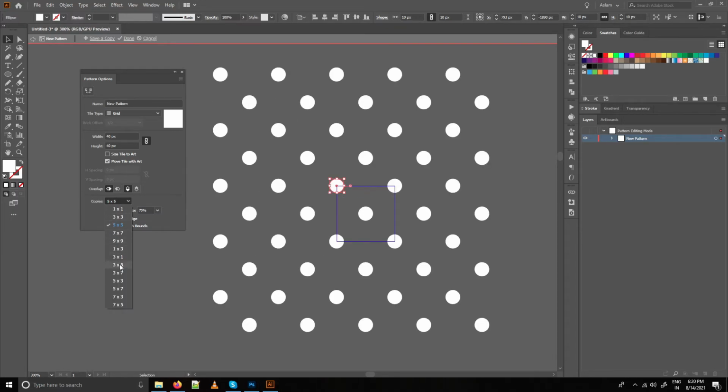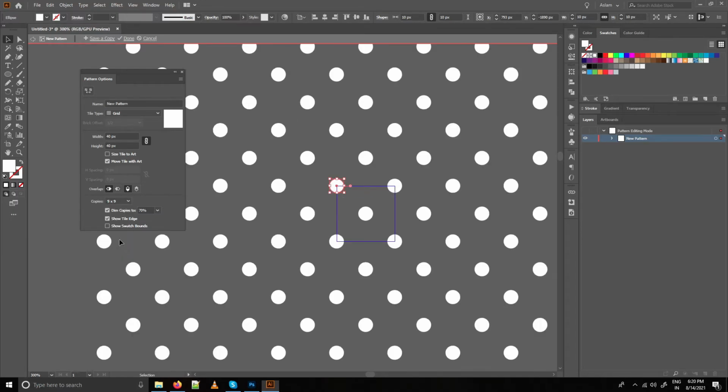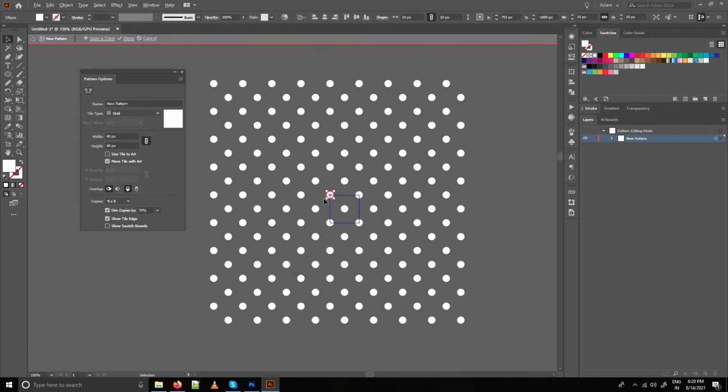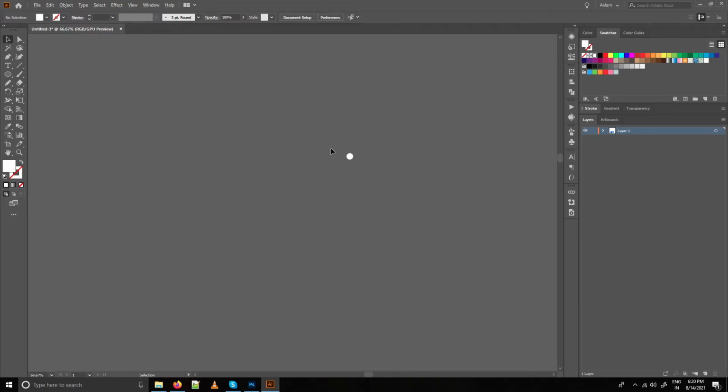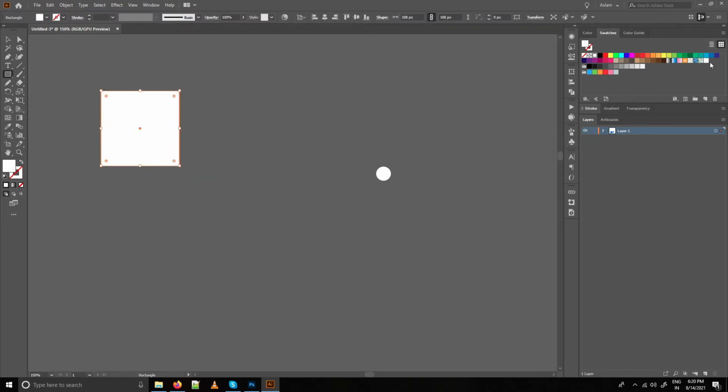We can create copies 9 by 9. Press Escape to exit this pattern mode. Our pattern is created inside the Swatches panel. You can take any shape, square, rectangle or circle and keep applying this pattern.